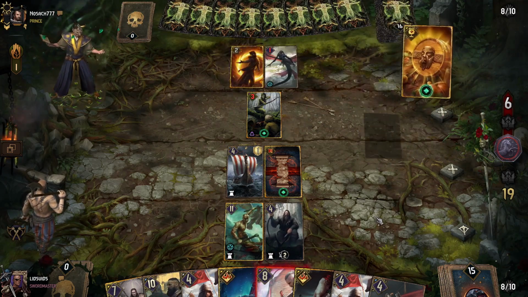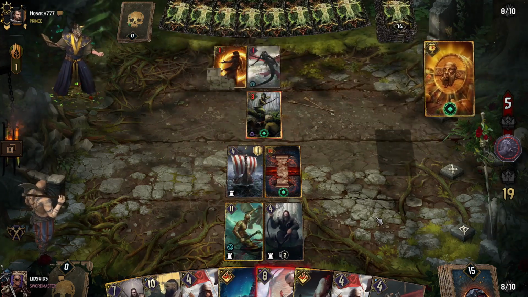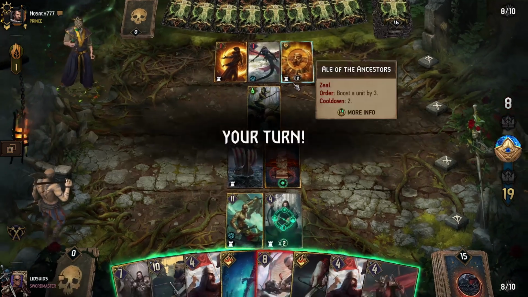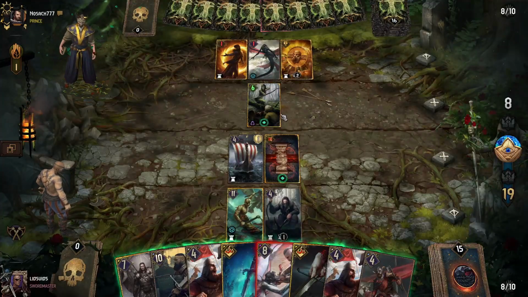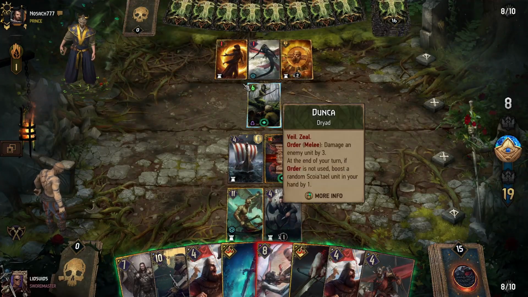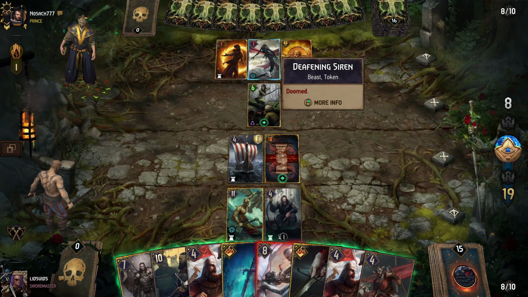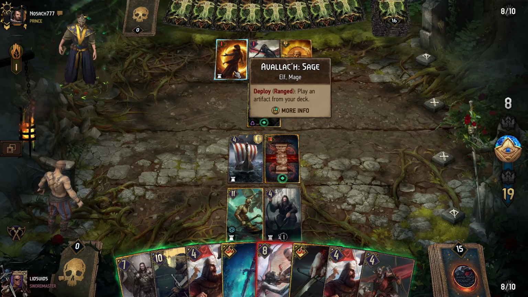Let's see, what are they getting here, though? Hail the Ancestors, which will get Resilience, and they'll use that to boost up Dunka. Okay, so Dunka is going to be a little bit harder for us to take out in that case, but 1-power units here. Avallac'h does have Resilience, whereas the Deafening Siren does not, so we should probably go after Avallac'h